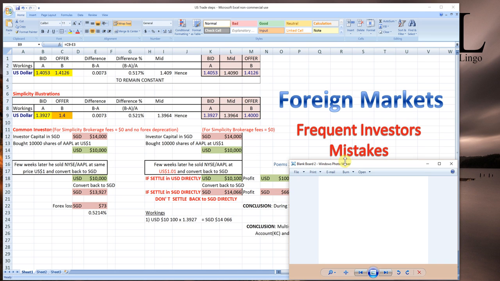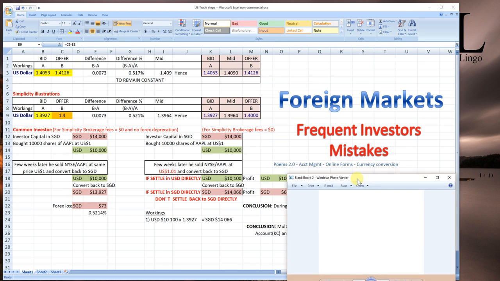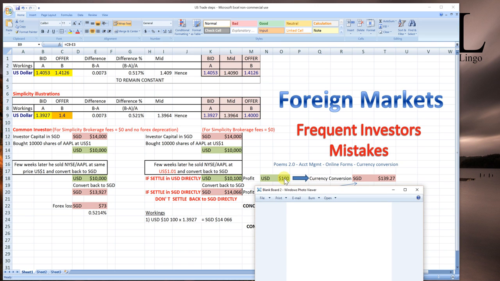All right, so now let's look further. How come? Where did the investor lose? The investor actually lost on the capital exchange back to Sing dollars there. So now when we look further, what the investor should do is maintain the settlement currency in USD. So he'll get back 10,100 USD in the account. Okay, do not convert it back to Sing. So with the $100 USD, he can just do a $100 USD conversion back to Sing dollars later on, and